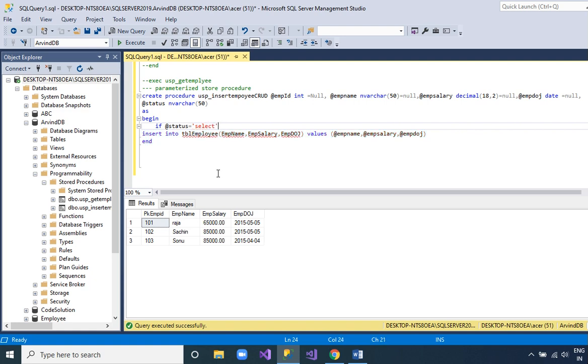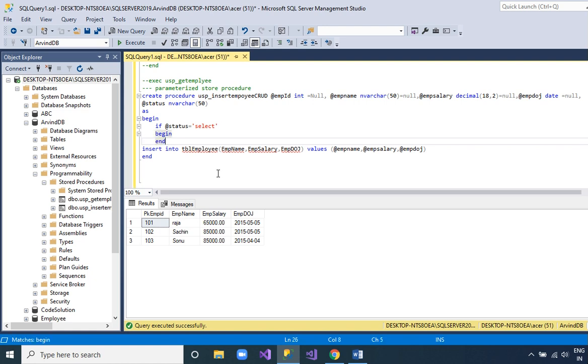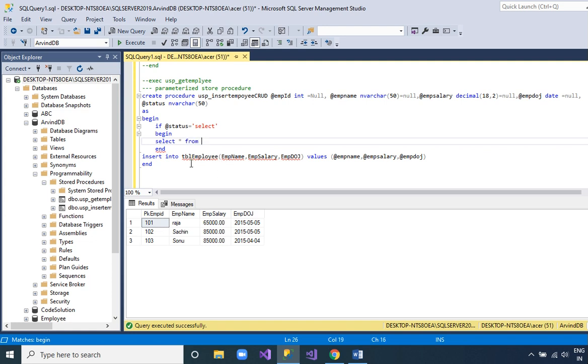Okay, so if status is equal to select, then begin, and in the begin and end we will write our query: select star from table employee.